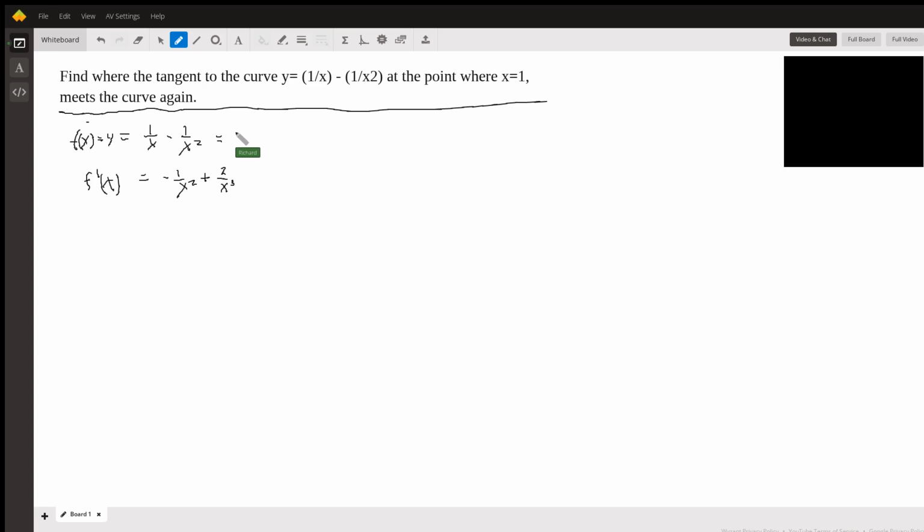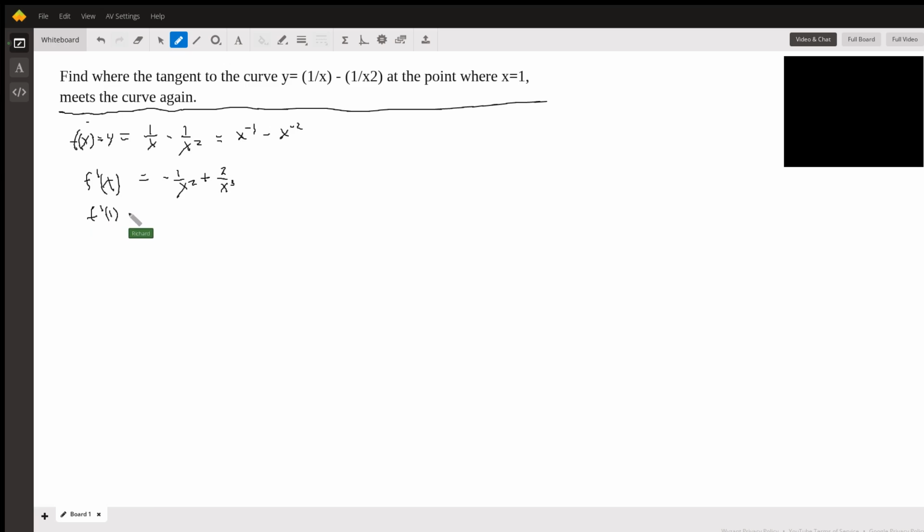If you want to get a better look at it, you can think of it as x to the negative 1 minus x to the negative 2. And then you just use the power rule. The negative 1 comes in front and reduces the power to negative 2, and the negative 2 comes in front, and so on. Now at x equals 1, f prime of 1,